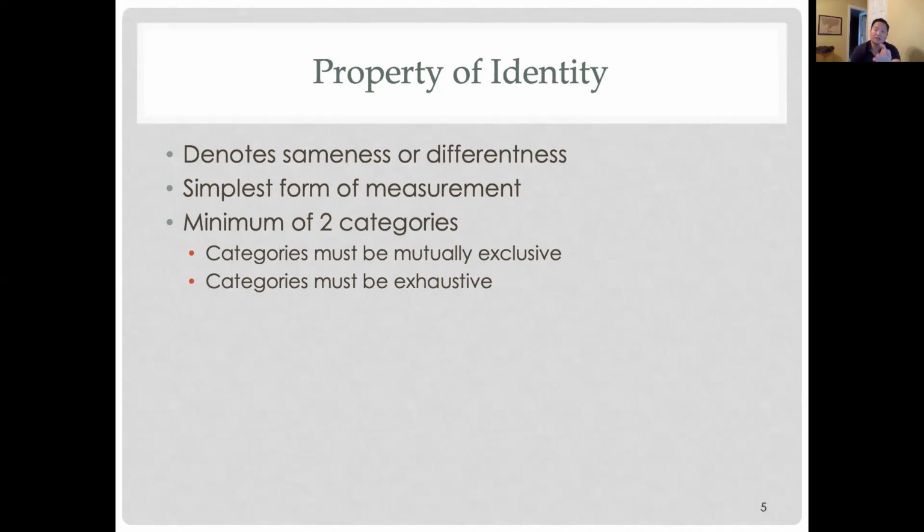So, do you steal office supplies? Yes or no would have the property of identity. Yes, you do, or no, you don't. There's no maybe, there's no middle ground there. And that covers all the bases. So certain things we do, you win or you lose. If there's no tie option, let's say, that would be measurement that has identity to it. They're mutually exclusive and exhaustive.